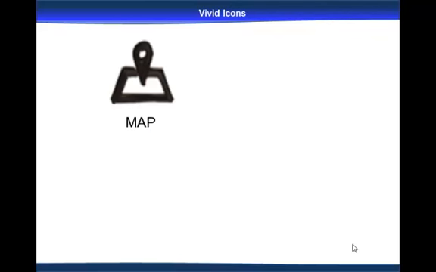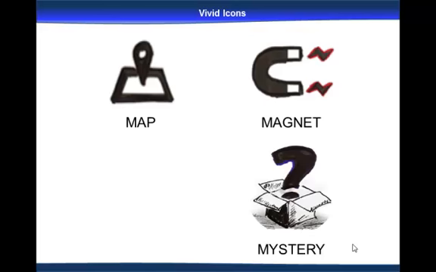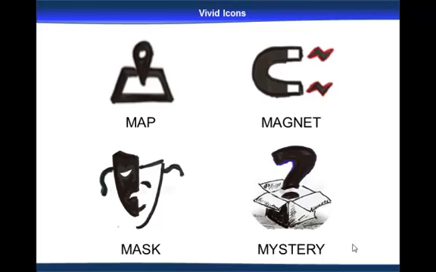And if we look at the 4 concepts we talked about before, let's substitute for the how of our performance a map. The influential aspect, let's use an icon of a magnet. For the capability, let's use an icon of mystery. And finally, for the performer or the performance, let's use an icon or a symbol of a mask.